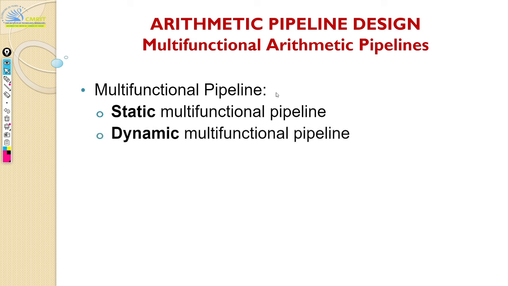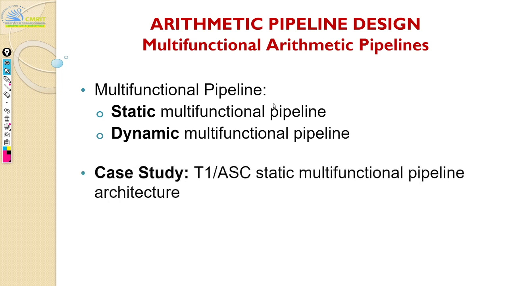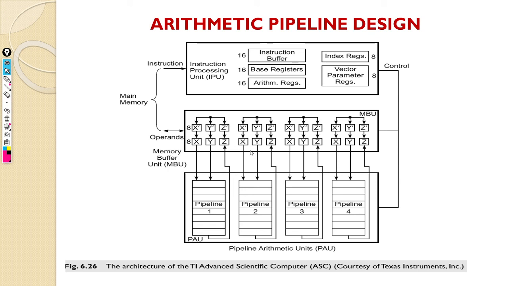The idea behind this is the same as what we saw in your instruction pipeline, where you can have either static scheduling or dynamic scheduling. It can be done either way, but here we'll focus only on the static pipeline. So we'll take the case study of TI's ASC. It's a typo here, it's TI. TI's ASC static multifunctional pipeline. So the idea is this: first you have all these operands x, y, z, and you have multiple copies. I mean, you have a shadow copy of the same as intermediate registers. You maintain two copies at any given time.